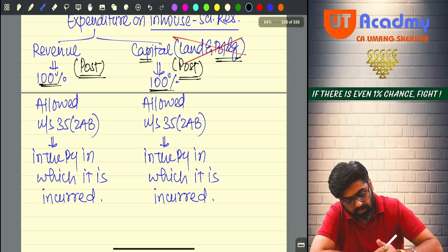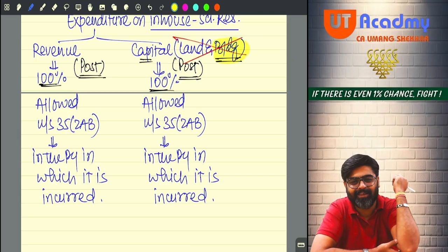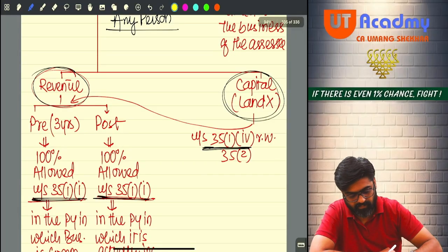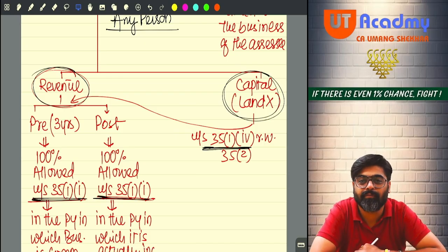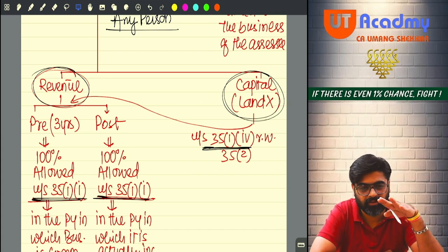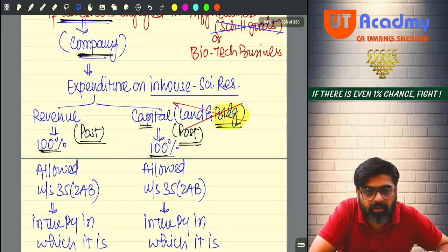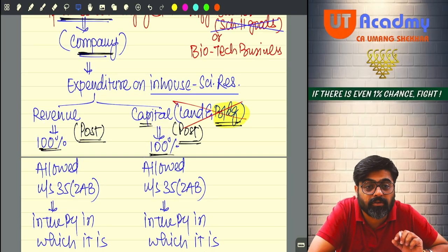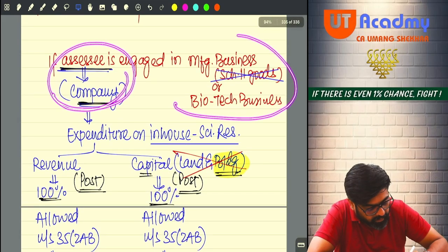But do you see this thing? Post commencement building, expenditure on building. This company will go and claim this under section 35(1)(iv) here. Getting my point? Because this deduction is available to all the assessees, no? See, earlier what used to happen, 5 years back, this 35(2AB) deduction was there, no? Instead of this 100%, there used to be a deduction of 150% for such type of companies doing such type of business.